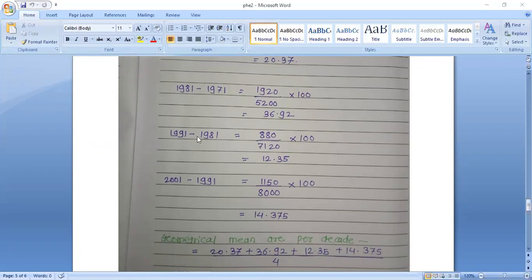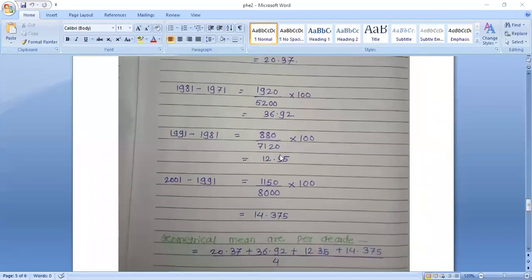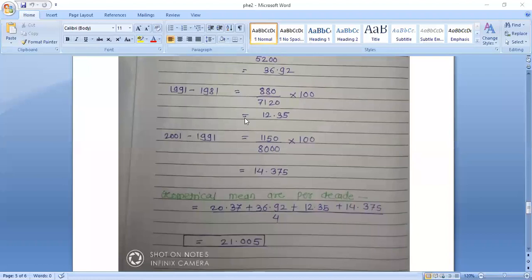That is, the increase in population for 1991 is 880 divided by the population in 1981, which is 7120 into 100. Here we have to multiply by 100 because we have to find out R in percentage, hence we multiplied this term by 100. The value is